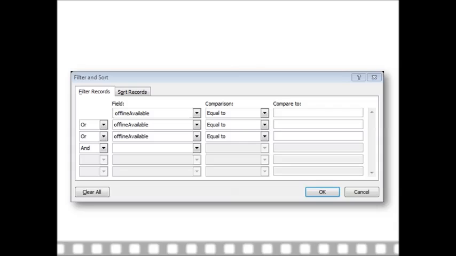However, only 3 of which equated to less than 90%. So that is why we have 3 offline availables here, and I could choose those from the drop down arrow. And then I would choose equals to for each one of those. And then also in the far left hand side, you might see that there's some ors, and I changed the